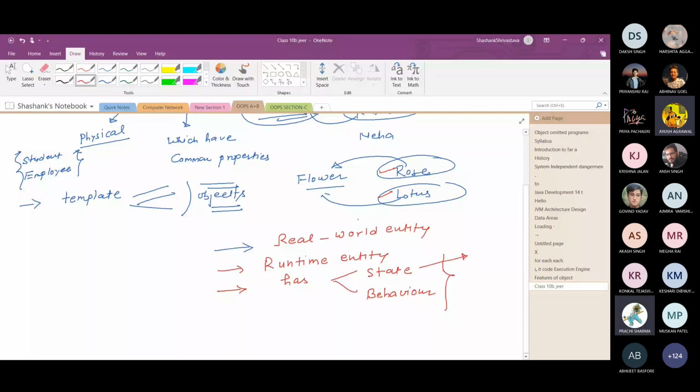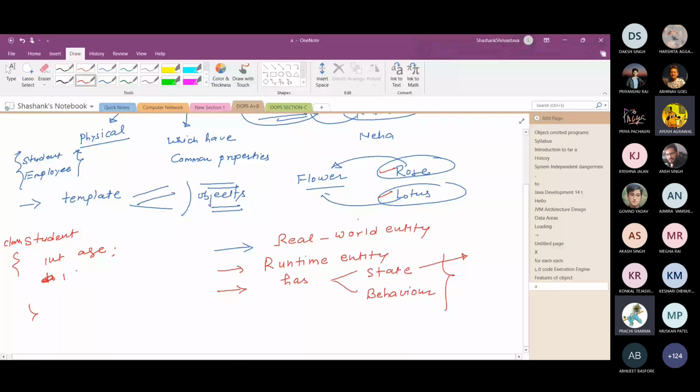Like if I write class Student, and there are two variables, integer age and integer roll number, suppose. These two, age and roll number, define the state of a student.